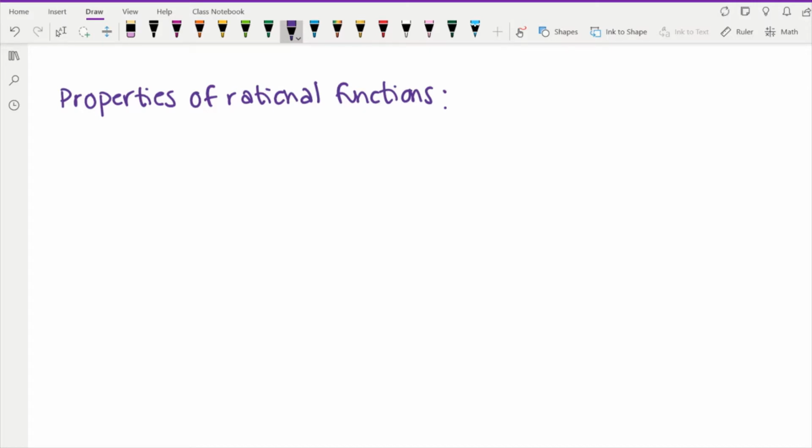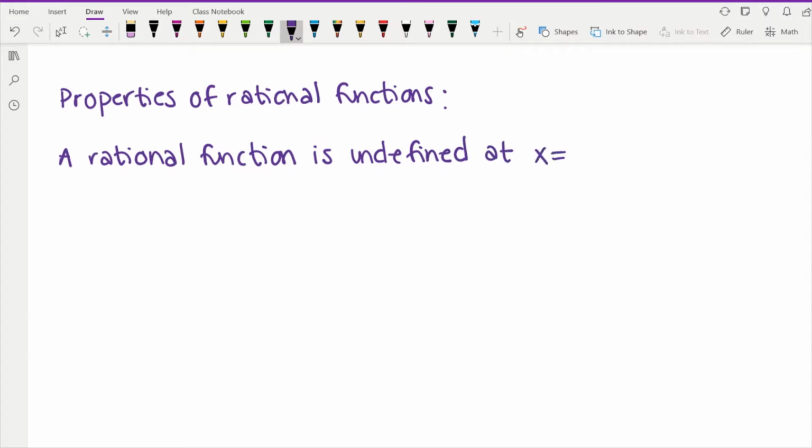Like, what is it that makes a rational function undefined? So a rational function is undefined at x is equal to c, so at a specific x value, if c is a 0 of its denominator,